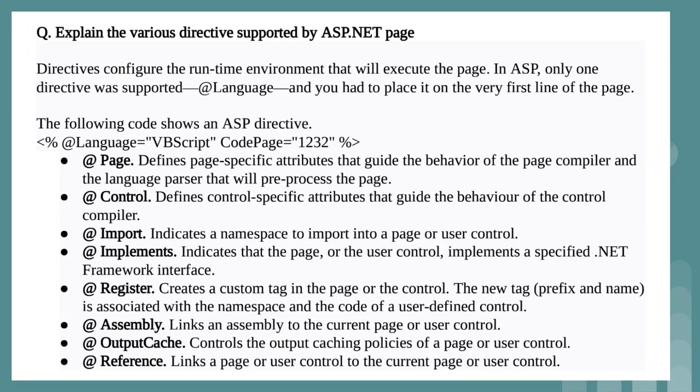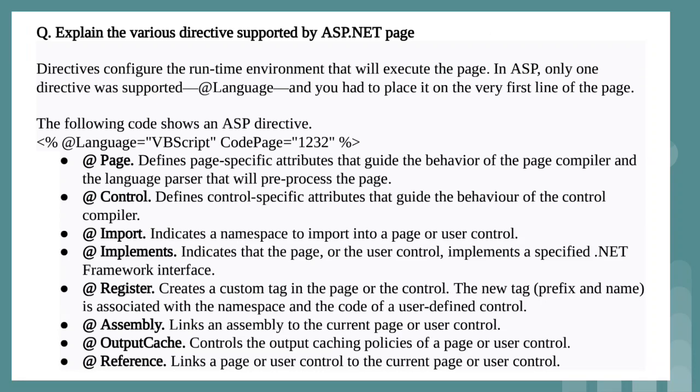Basically, with the help of the page directive, we provide the attributes which are related to the page, like the language in which you are going to write the program. That language we will provide to the page directive, with language equal to C#, like that we can write. So this is the first directive, that is the page directive.